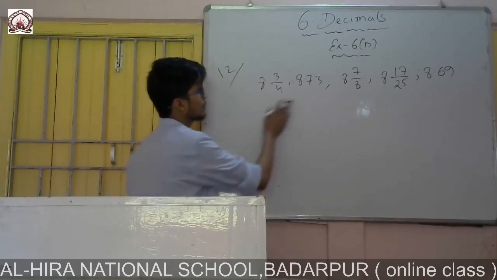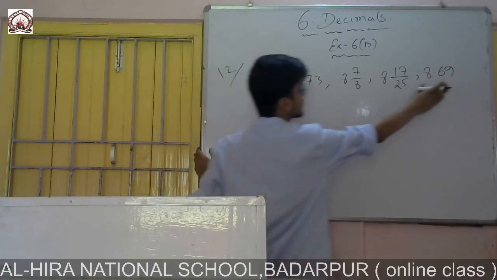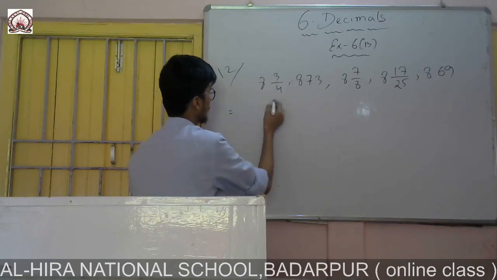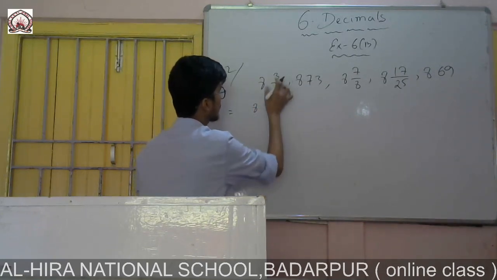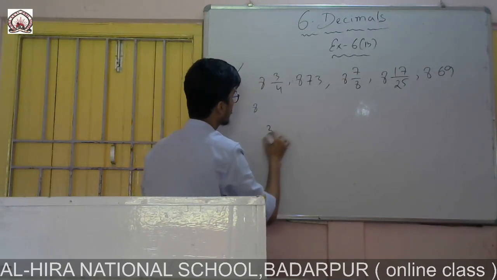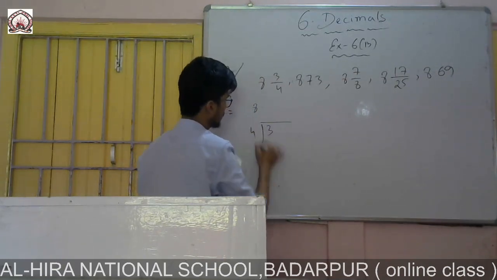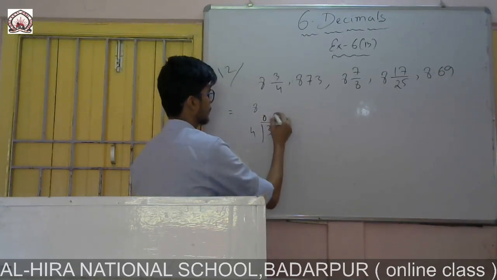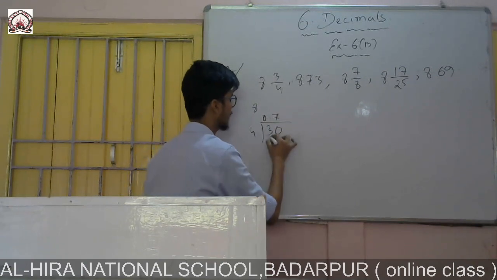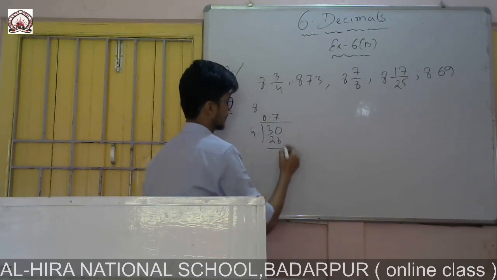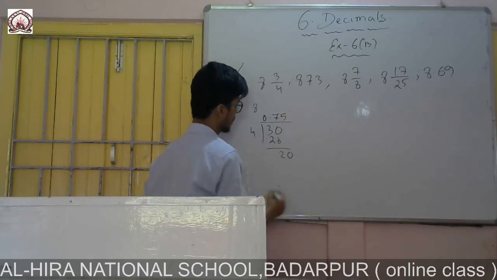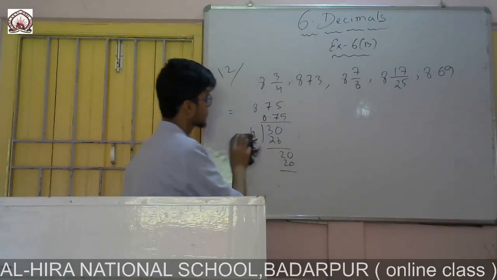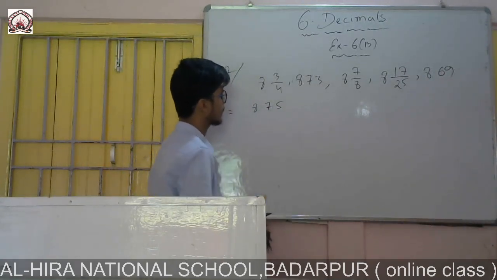So first of all I have to convert these into decimal. This one and this one are in decimal form, but these are in fraction, so I have to convert them. The first one will be 8, then I will divide 3 by 4. First I will put the decimal point, and there it will be 30, then 4 7s are 28, then 2 comes, then with the decimal 20, 4 5s are 20. That means after the point it will be 75. So this one is finished. Simply one by one you divide and find the decimal.